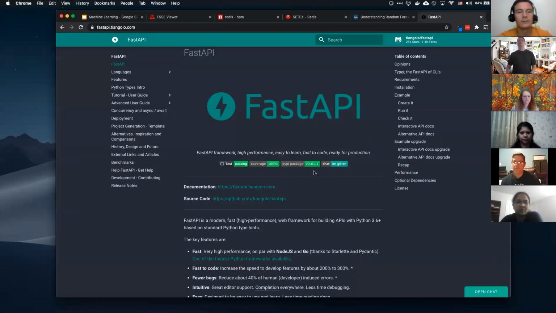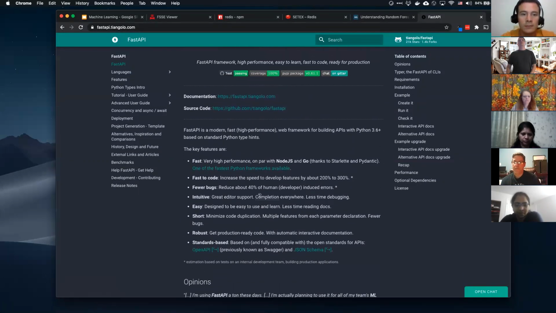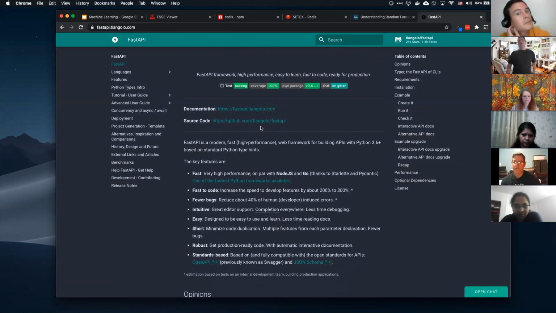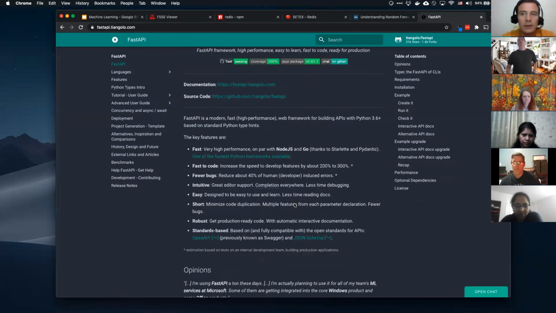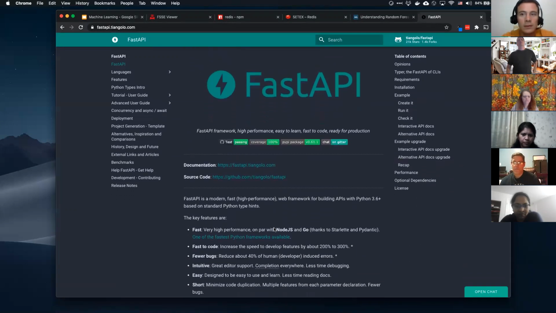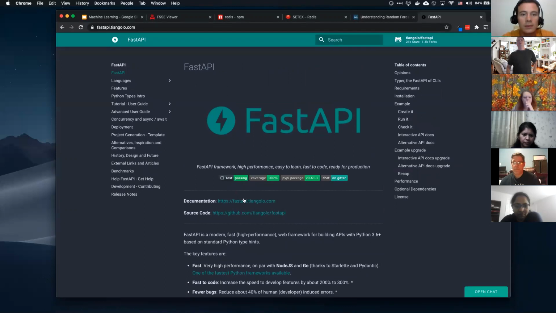Anyways, Fast API is really amazing. It was made by this guy, Tiangolo. I think he's Spanish, and I believe he lives in Germany. It's a really nice platform. And the thing that really truly separates it from all the others is its documentation. Truly phenomenal documentation. It's documentation I enjoy reading, which is saying something.